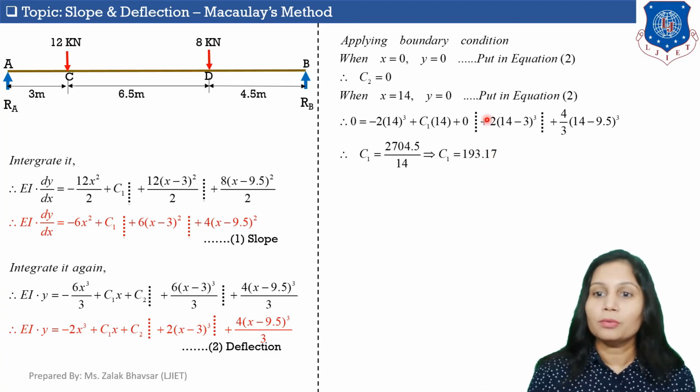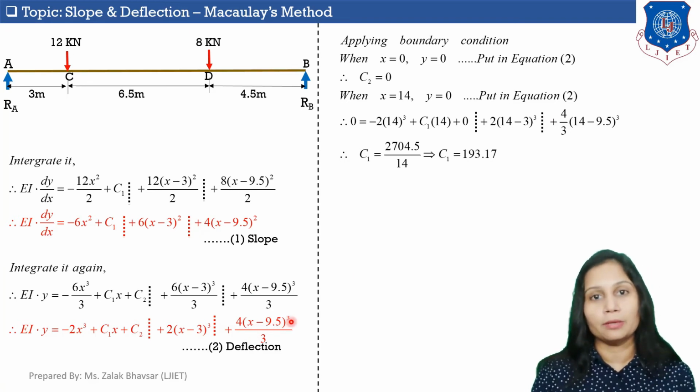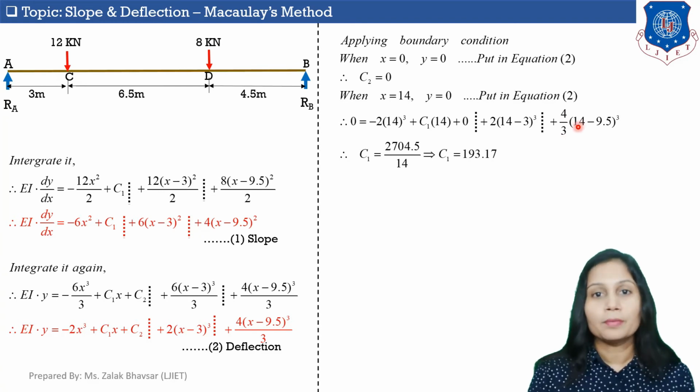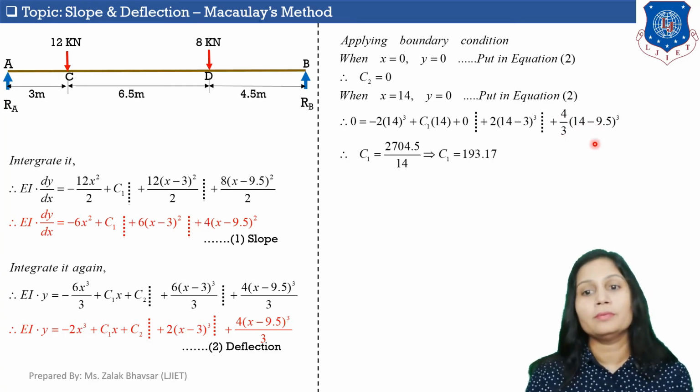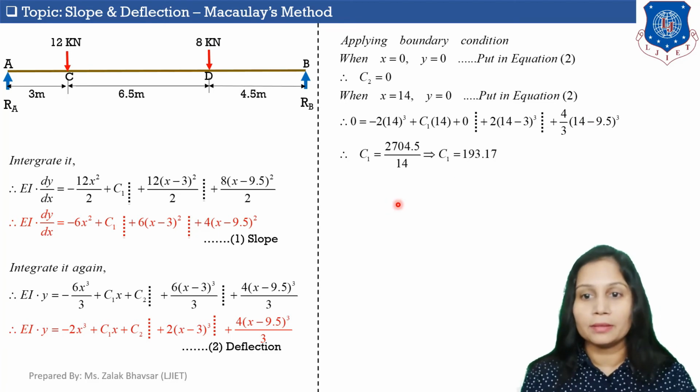Okay, so plus 2, x is replaced with 14, 14 minus 3 cube, plus 4 by 3 in bracket x minus 9.5 cube. So we can write down 4 by 3, 14 minus 9.5 cube. So if I solve this, I will get value of C1 is equal to